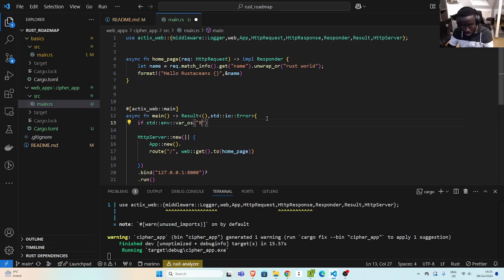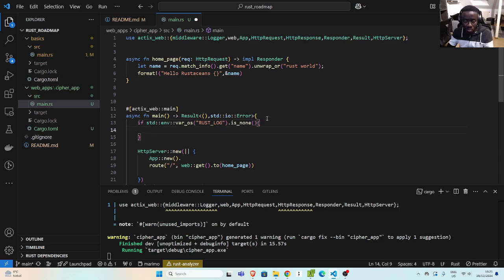And then we want to get the Rust log, and then if this is none, since we are getting this from the environment variables, get the standard one. So first get it, and if it's none, you now set the environment variable, which I'll call my Rust log, which takes in the